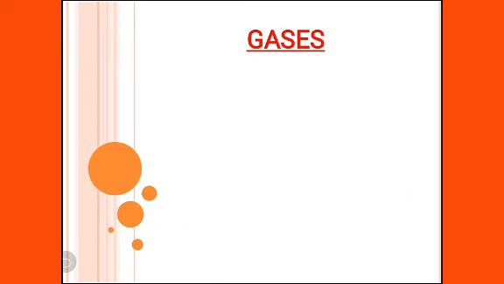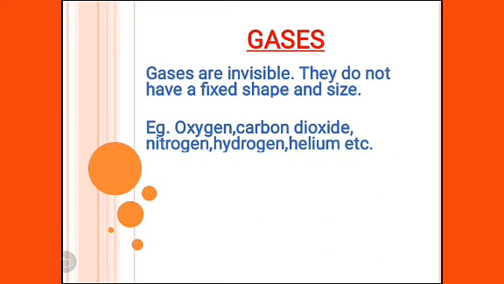Children, you all know that air is present all around us and it is a mixture of many gases like oxygen, carbon dioxide, hydrogen, helium, nitrogen, etc. Children, out of three states of matter, we can see solid objects, we can also see all the liquid things, but we cannot see gases as they are invisible. Like liquids, gases also can flow easily and they do not have any shape of their own. Gases fill up all the available space in a container.